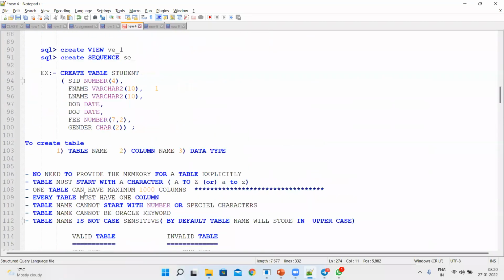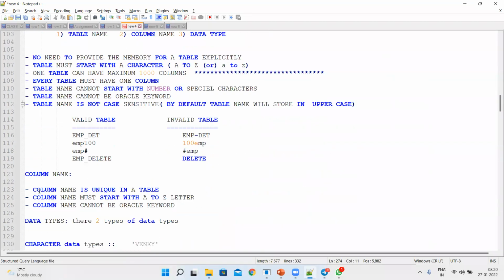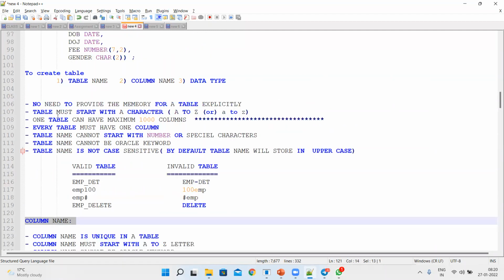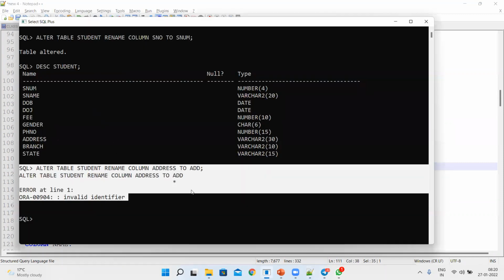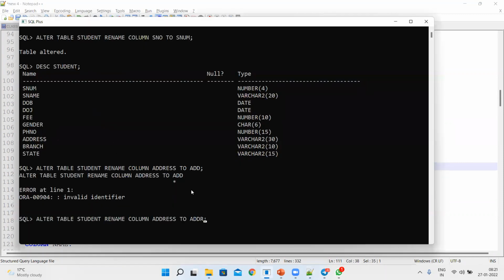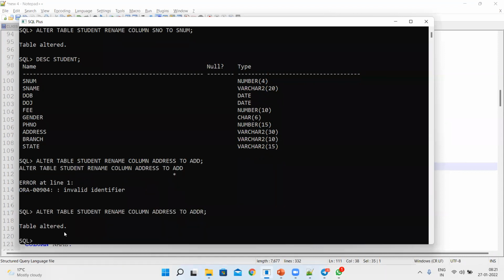While creating a table, I clearly explained that a column name cannot be an Oracle keyword, and a table name cannot be an Oracle keyword. Here ADD is a keyword. So what you need to do? ADDR. Then the table is altered. Let us describe the table, whether it has changed or not.